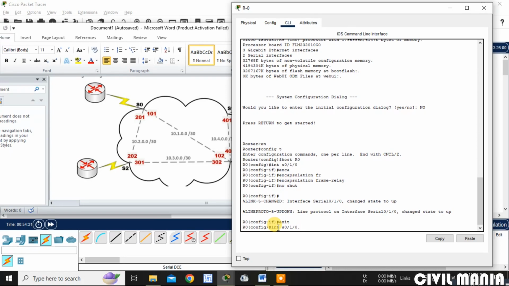I can even name one, I can even name two, but here I will be providing the same name as the DLCI, so that our work is easier. So I will provide the name of the sub interface as 101.